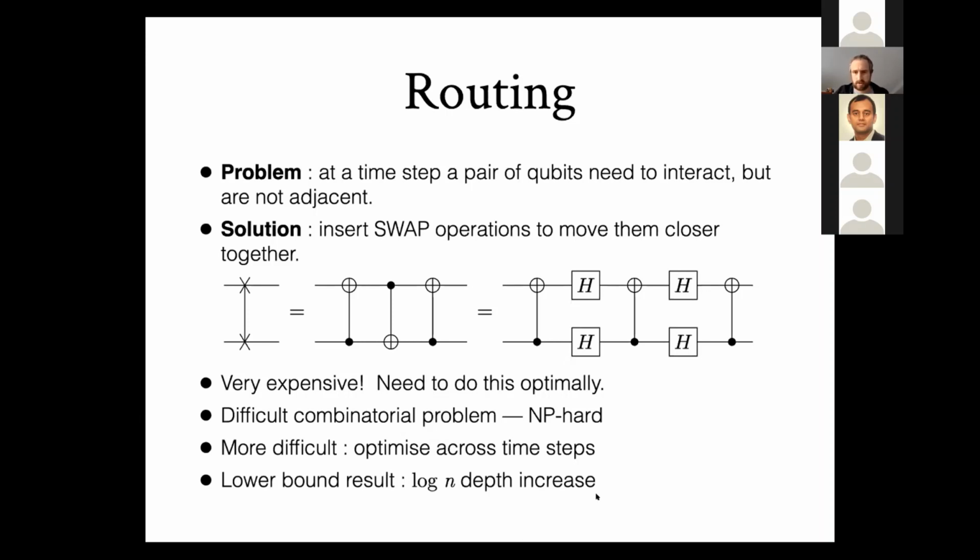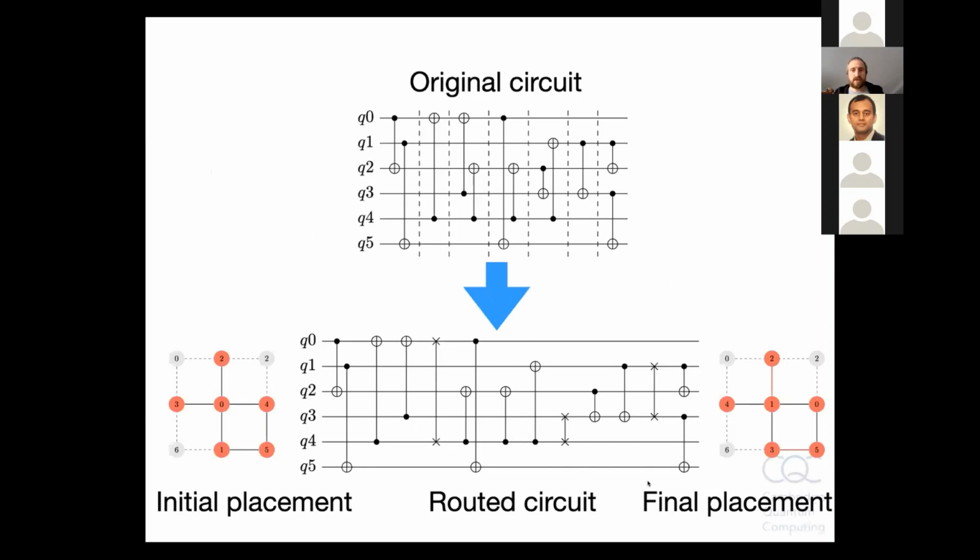Okay, and so what we get in the end, so we start with our circuit and we map it to a routed circuit. So notice that I have to take my 6 qubits of my logical circuit and I have to map them to 6 available qubits of my architecture. And so I get to decide freely which 6 they are. And I will try to do this to minimize the number of swaps that I have to do.